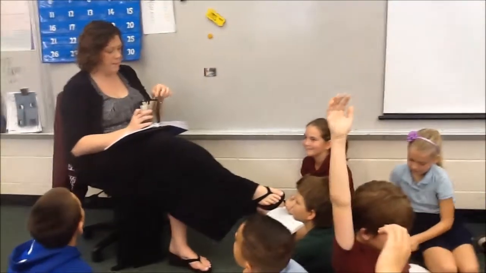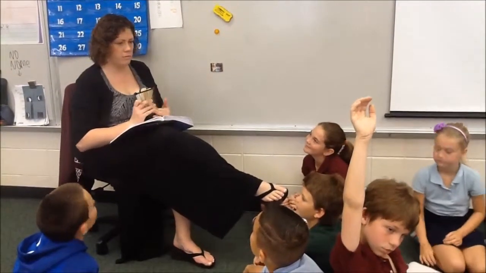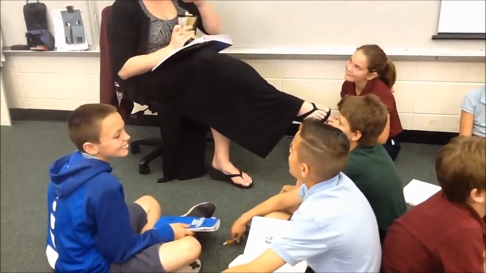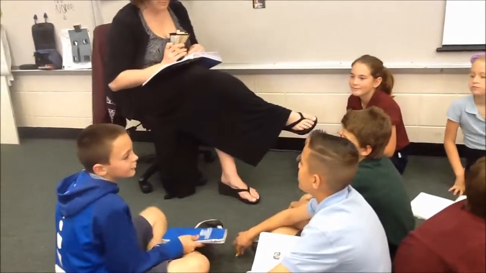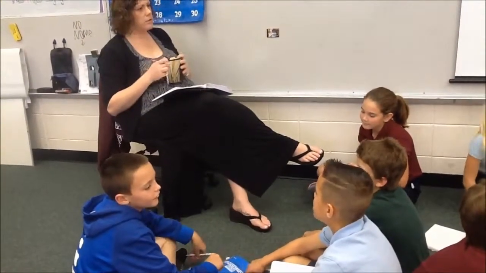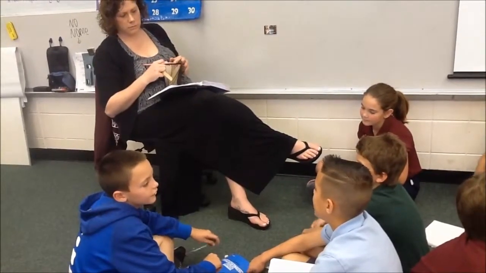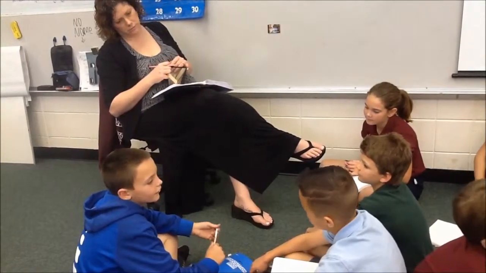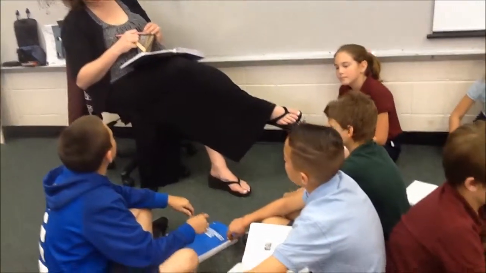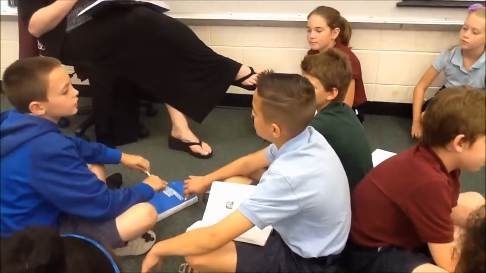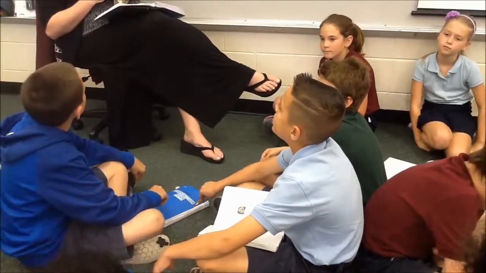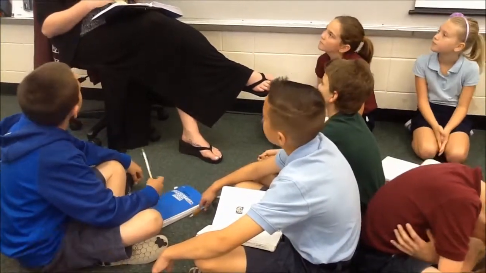Yes, as good happened when you're writing your reflection. Aiden, who did you talk to today? CJ. What did CJ say? Not what did you say. What did CJ say? He said that we could write about how igneous, metamorphic, and sedimentary rocks are formed. Can you give me an example of how they're formed? Igneous is made out of cooling magma. Cool magma. Okay.